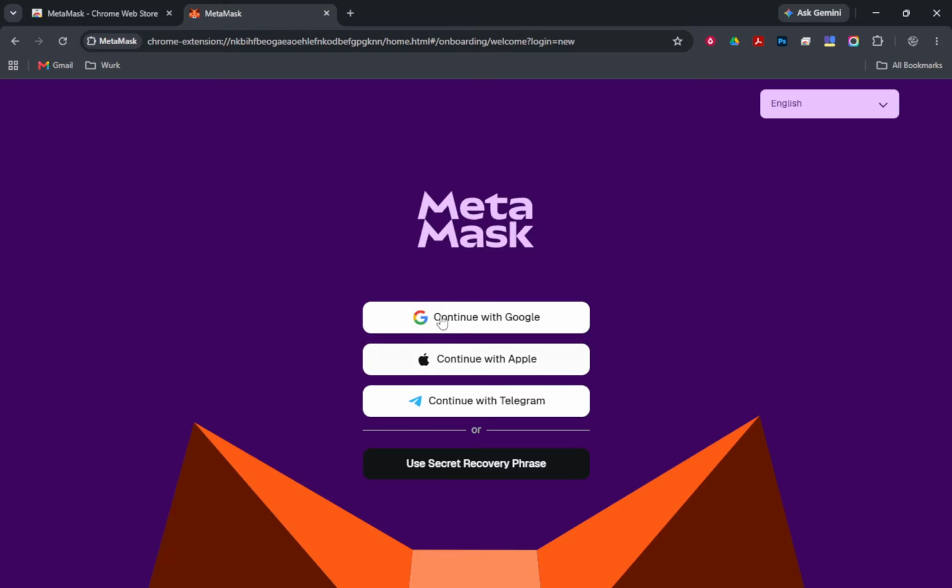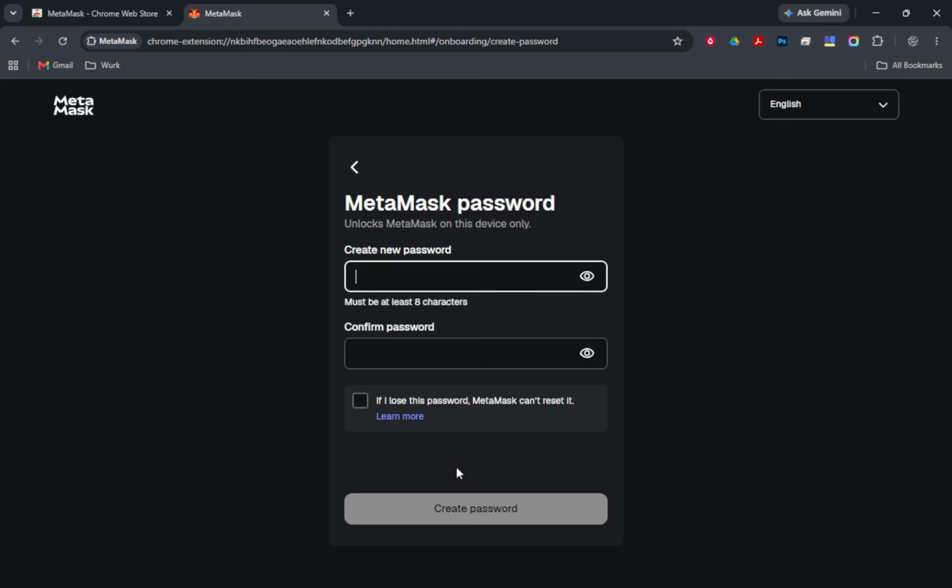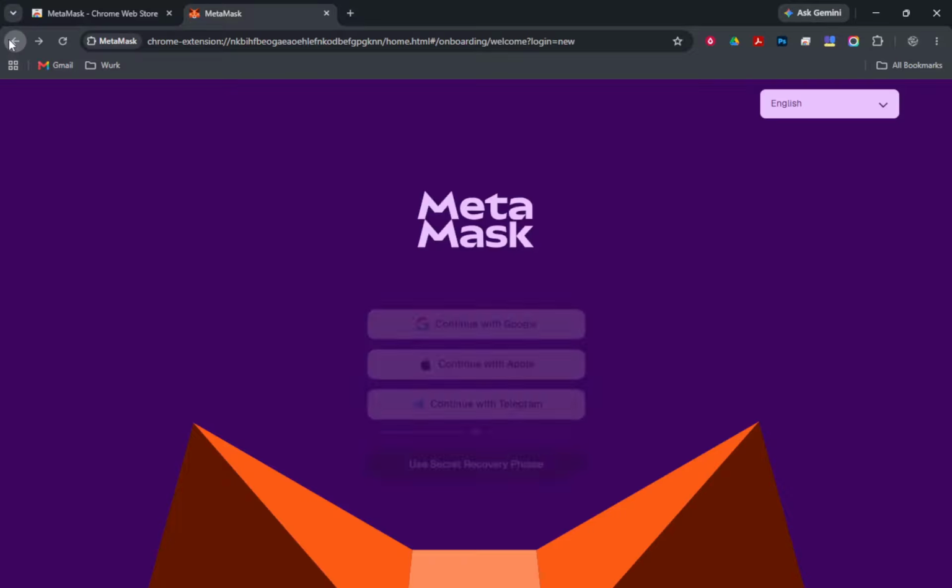Once you have created your new wallet, MetaMask will generate and display a new secret recovery phrase. Write it down on paper and store it securely. This is a vital step as this new phrase will be your key to accessing your funds in the future. Treat it like cash or any other valuable item. Keeping it secure ensures that you maintain full control over your new wallet.